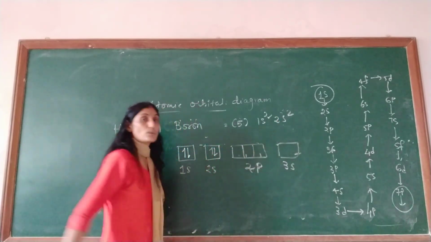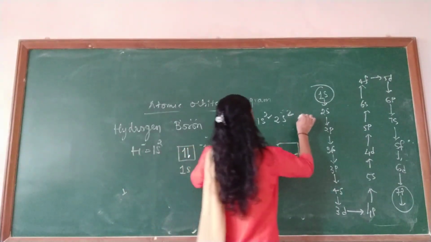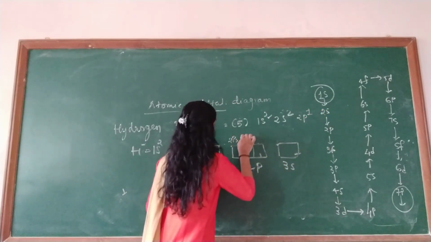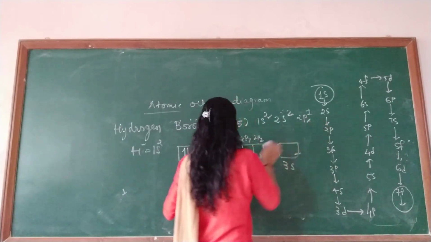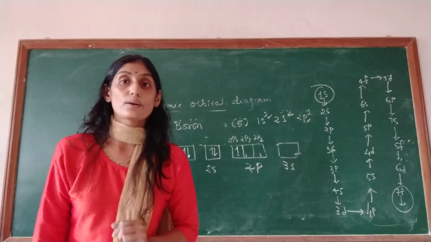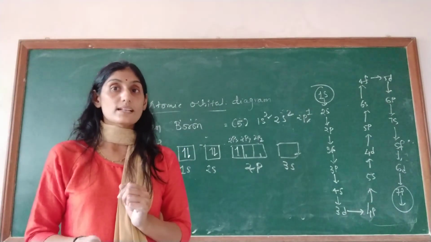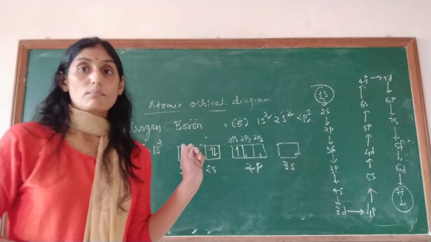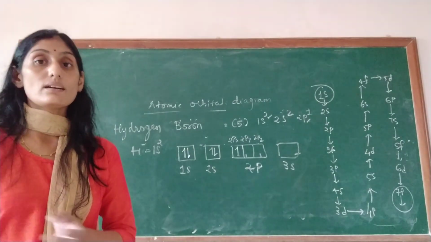Now after 2s, where will it go? To 2p. So we write 2p1. Now 2p has 2px, 2py and 2pz, so here we will write 2px1. Getting it, children? This is the way we are going to arrange the electrons in the orbitals. What we learned earlier was K, L, M, N, all about that. So that is all about elements 1 to 5; the respective elements we will do in the next lecture.